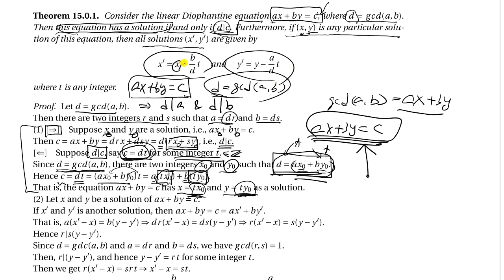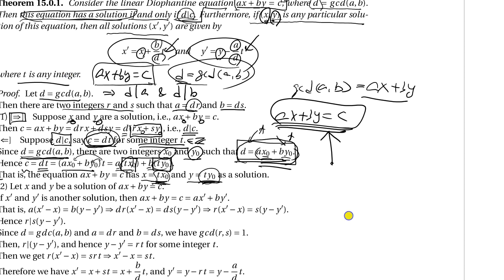So this x, y is the solution value, right? We know a and b, and d is the greatest common divisor of those. So the only unknown is t, and t is any integer, which means, without proof,